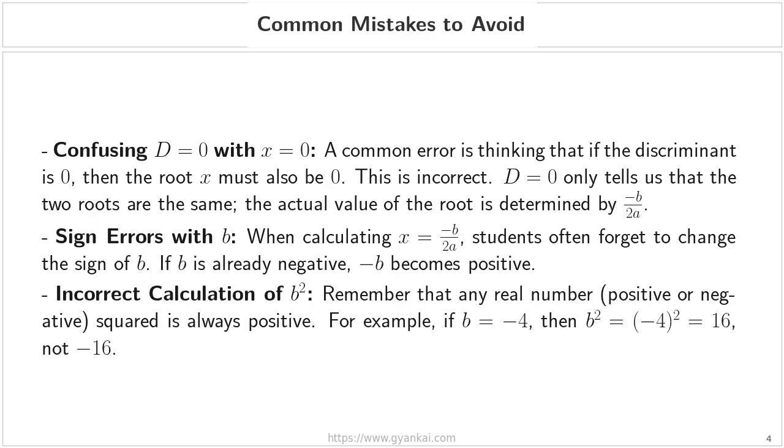Finally, pay close attention when calculating b squared. A very common mistake is forgetting that any real number, whether positive or negative, results in a positive number when it is squared. For instance, if b equals negative 4, then b squared is negative 4 squared, which equals 16,